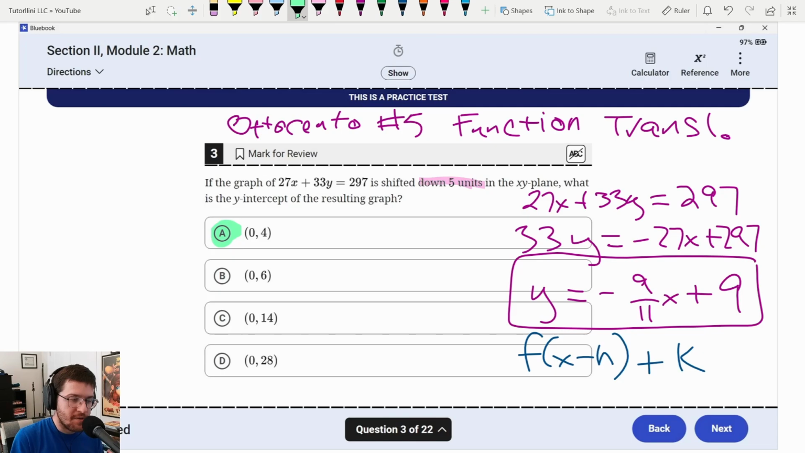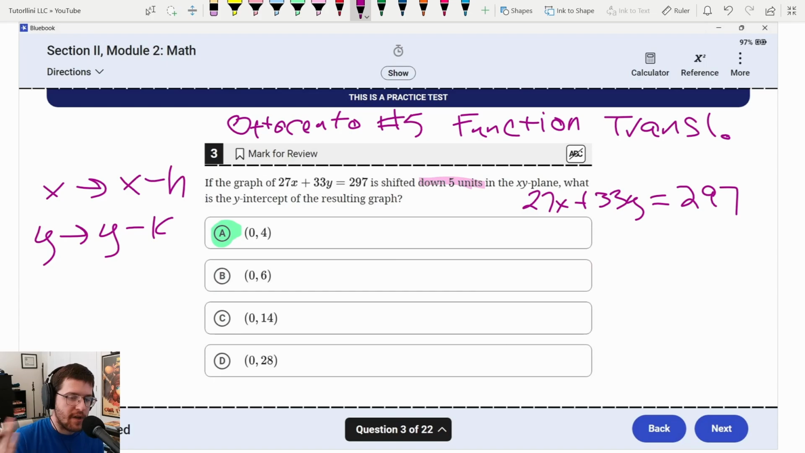There's another way to do it that hopefully lets you cut out some of the algebra, so let's go over that now. So I go over this in the video I was mentioning. We notice that this is an implicitly defined relation because y is not by itself. So what we can do is replace x with x minus h and replace y with y minus k. So in this problem, h is 0